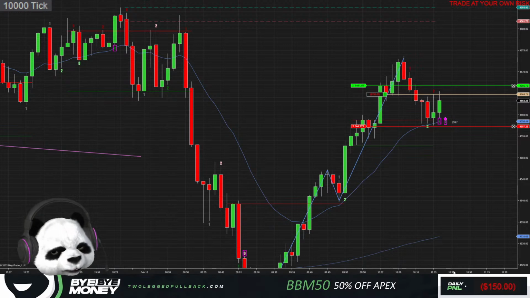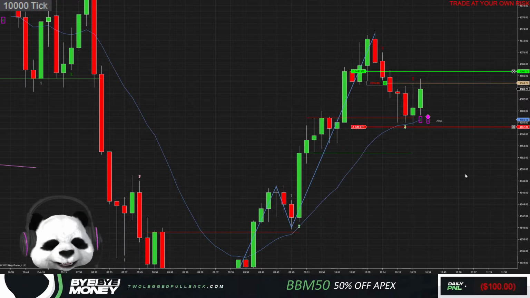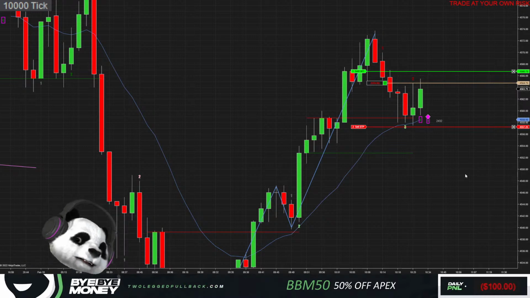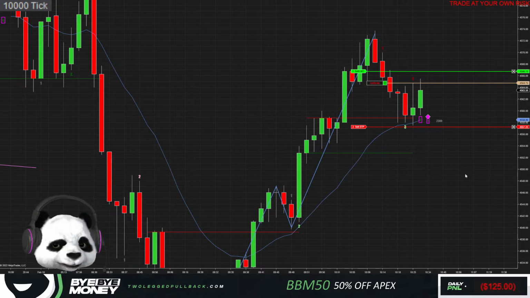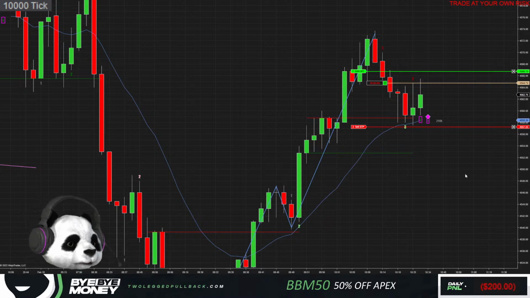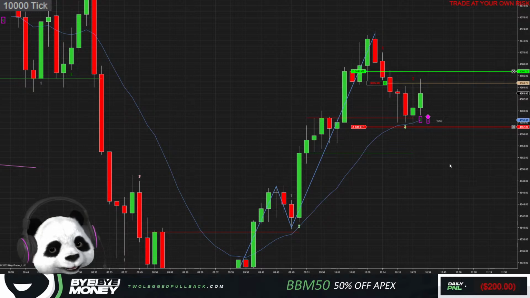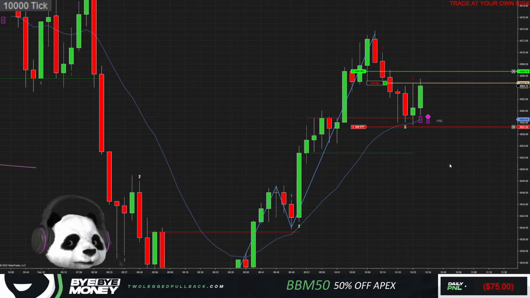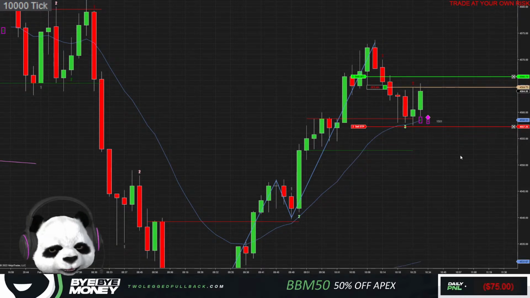I'm trading smaller, only 2 contracts, so I'm willing to have a big stop loss here. You know, I might be down like $1,000 at the end of the day, but it's okay, pandas. Down $1,000 is nothing. I wanted that Pikachu, and it does trigger, and it looks like it's trying to trap me out again. If it does trap me out here, then it is what it is, and move on. Moving on, pandas. But I see a two-legged pullback off the 20 MA on the 10K chart, and I wanted to take it.